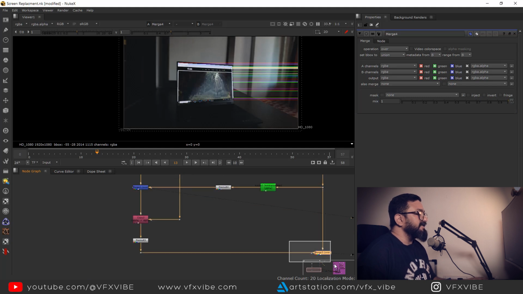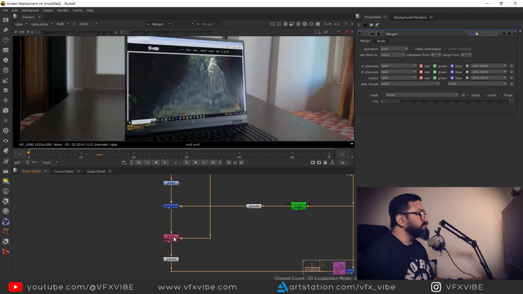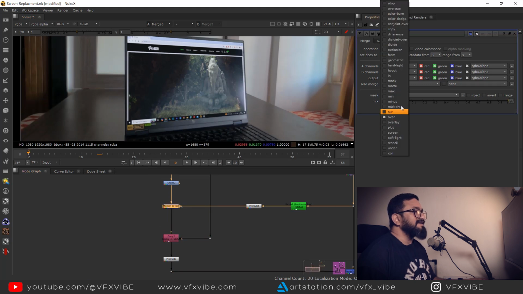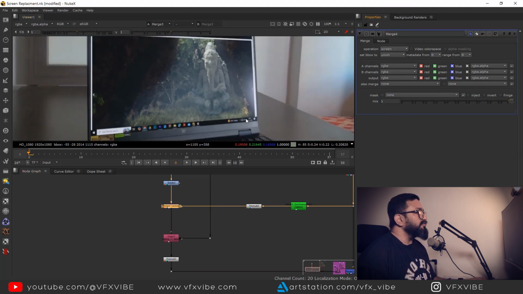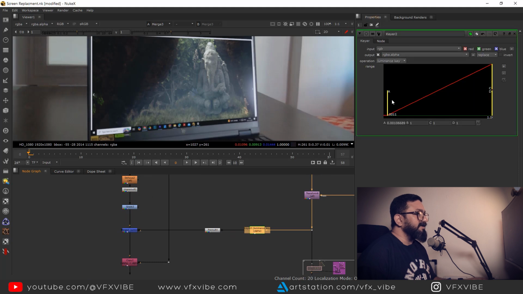But it's looking pretty weird, right? So what I'm going to do, I'm going to merge this with screen blending mode, right? So you can easily see I'm having my reflections, but if you want to control it in a better way, so what I can do, I can do this. Can you see this? So I'm having my